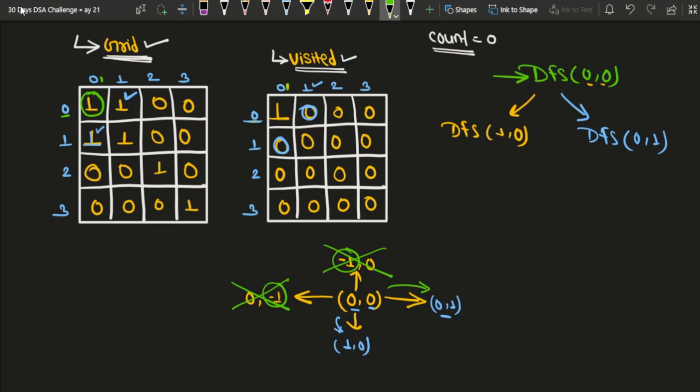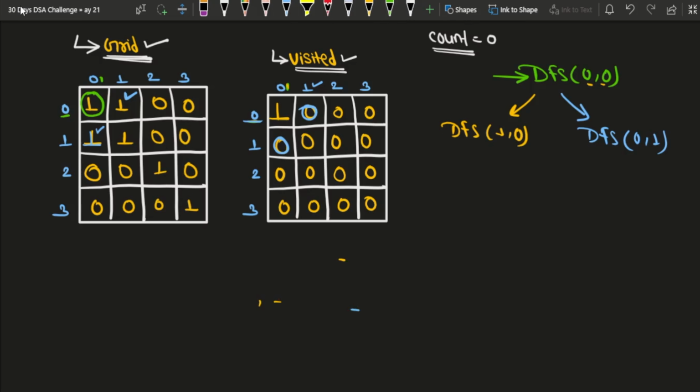Now at the index 0 comma 0, we have tried to go in all the 4 directions. So we have tried all the directions which were allowed to us. So now this DFS call will get over, right? Now we do not have any further options. So now we have two DFS calls, first with the index 0 and 1 and second with the index 1 and 0. As we are doing a normal dry run, we can go with any one of them, but